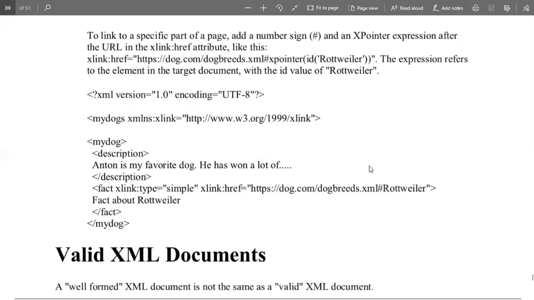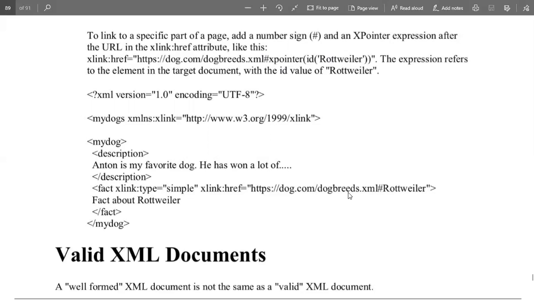So whenever you want to add on or move to a particular position with the help of XPointer, you will do it with the help of the hashtag, followed by the ID of the particular point you want to move to. Here you can see the path is XLink, the path is this one. Once that is done, hashtag XPointer ID is also mentioned. You can do it like this also.